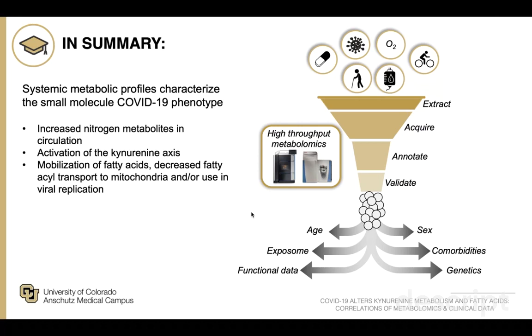We can break them down by sex and age. We can look at environmental factors and genetics factors, and we can begin to connect the dots and build the puzzle and try to understand where to look next in terms of a mechanistic sense for building a big picture of how metabolomics is changing within samples and what that means for a disease state or a process such as